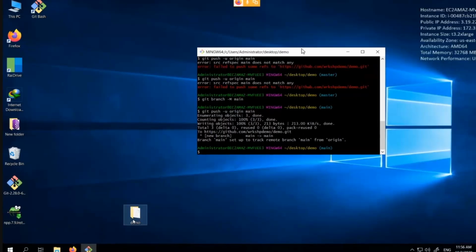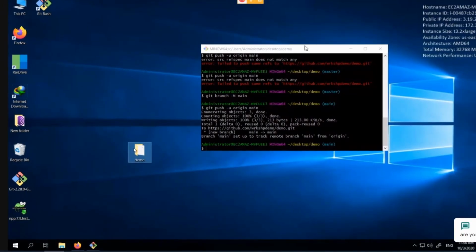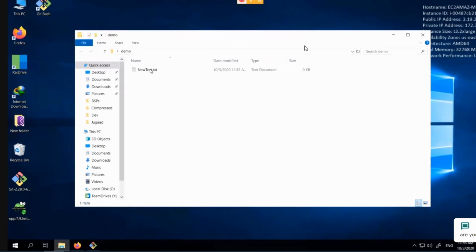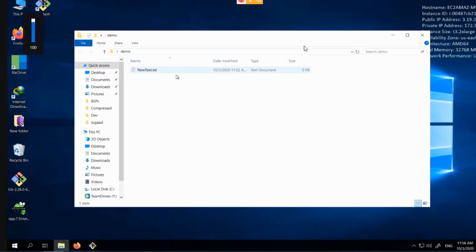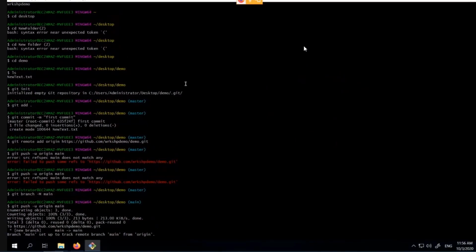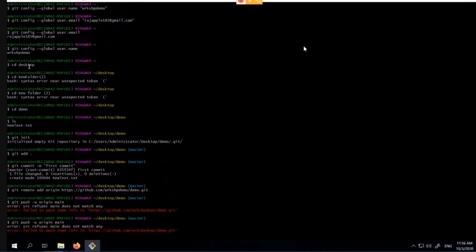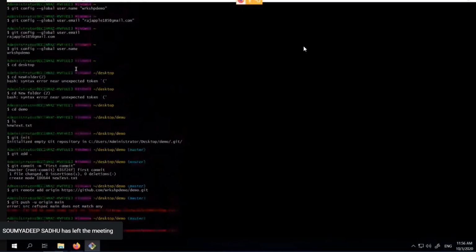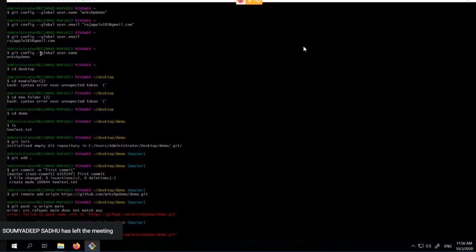Okay, so you create a file in any folder of your PC and name it anything you want. Here I named it new text.txt, and then in the git bash terminal, just go to the folder where it's located. I told you how to do it.